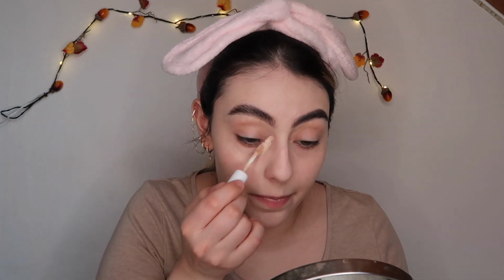These baby hairs need to go. Blend, blend, blend, blend, blend, blend, blend more paleness into my skin. Sometimes I wish I applied my makeup quicker because I don't. I take at least 45 minutes, and if I'm chatting like I'm chatting now, probably gonna take an hour. Correcting time. Very pink. Oh, that was a lot. Very pinkish concealer